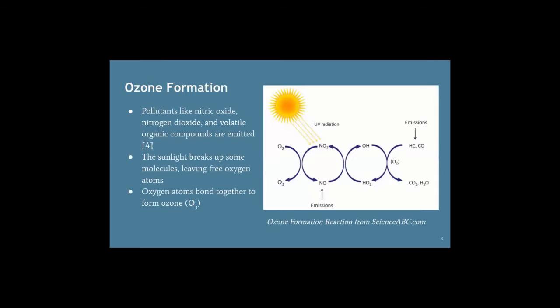So let's talk about the formation of ground ozone. The pollutants that react together to form ozone include nitrogen oxides and volatile organic compounds. These primary pollutants are emitted by human activities like factories, cars, the burning of fossil fuels, as well as organic chemicals and gasoline combustion. In short, these pollutants, with the addition of sunlight, together form ground ozone. This combination of factors is what caused us to hypothesize a correlation between these variables, which was why we thought it would be possible to use current pollutant and weather data to predict ozone levels.